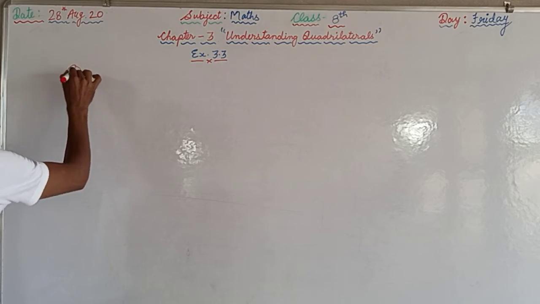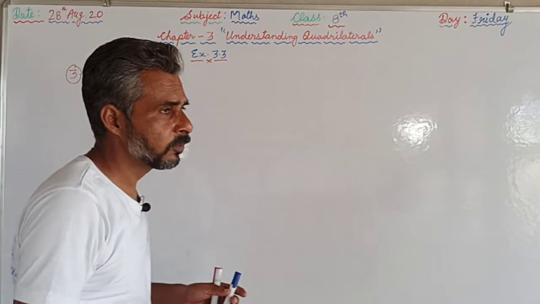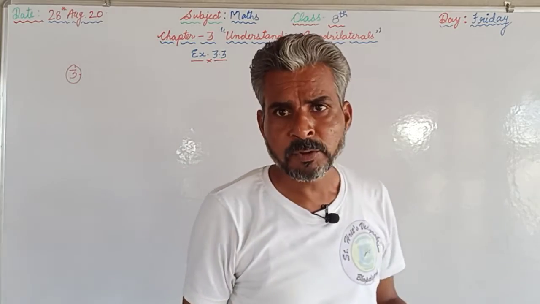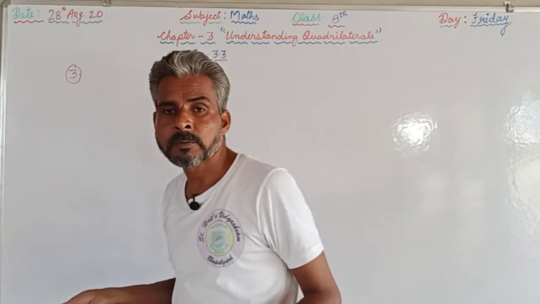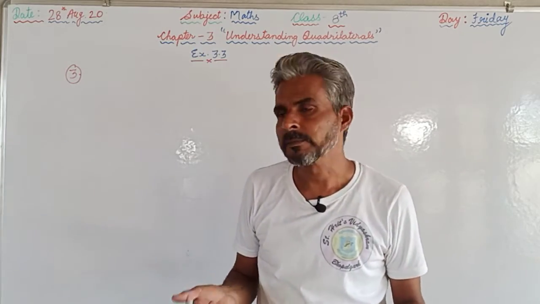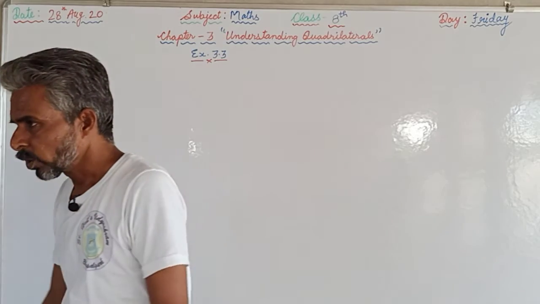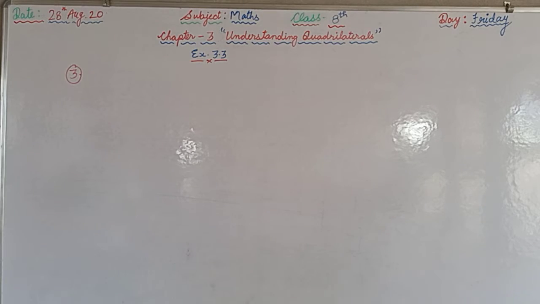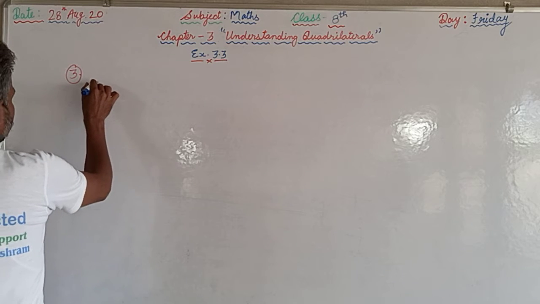As I told you, you should also have the textbook with you whenever you are watching the video, so that you can also read the questions and see what type of information is given in the question. So now I will read for you. In this question it is given, can a quadrilateral ABCD be a parallelogram? There are 3 cases, and we are supposed to discuss each and every case. So the first case is there.